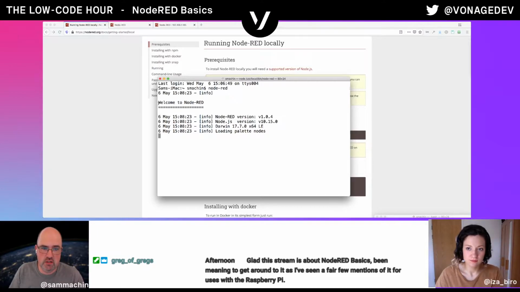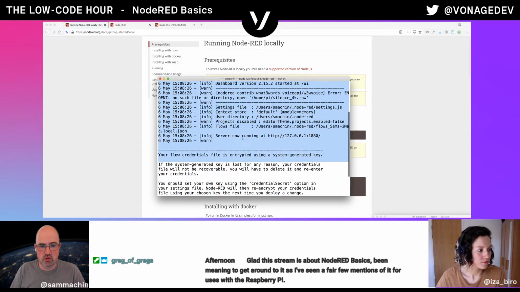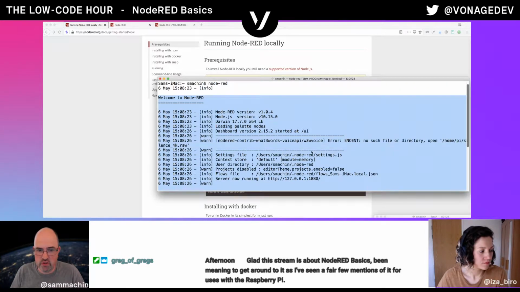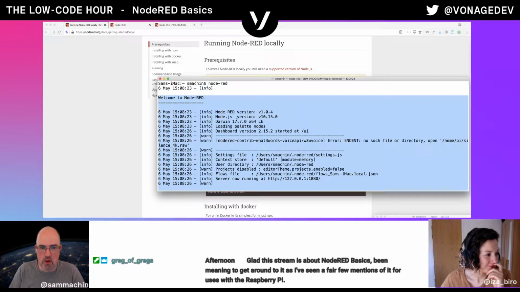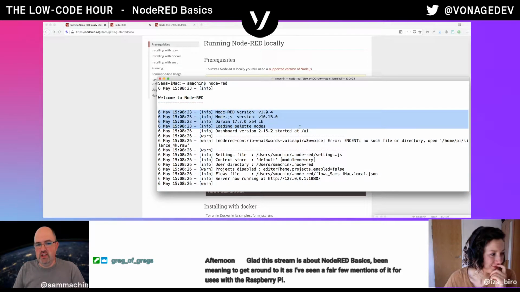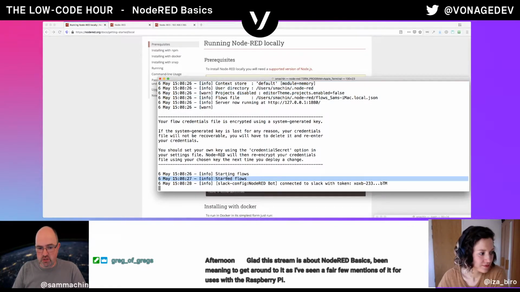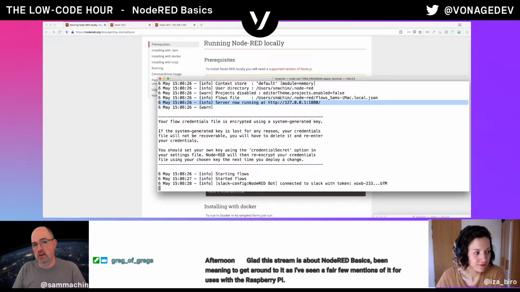And what you see is a whole bunch of text. Node-RED is installed, blah, blah, blah. You probably shouldn't see some of these because I've got all sorts of other stuff on my machine that I've been playing with, but you'll get some of these info messages. This is all fairly safe stuff, and started flows. And then what we should get somewhere is, server now running at, and this address here,